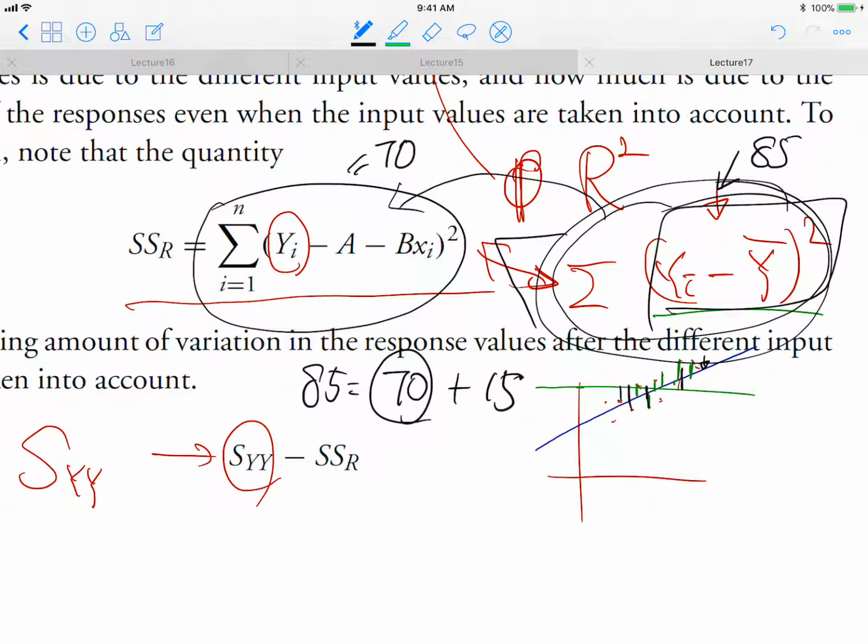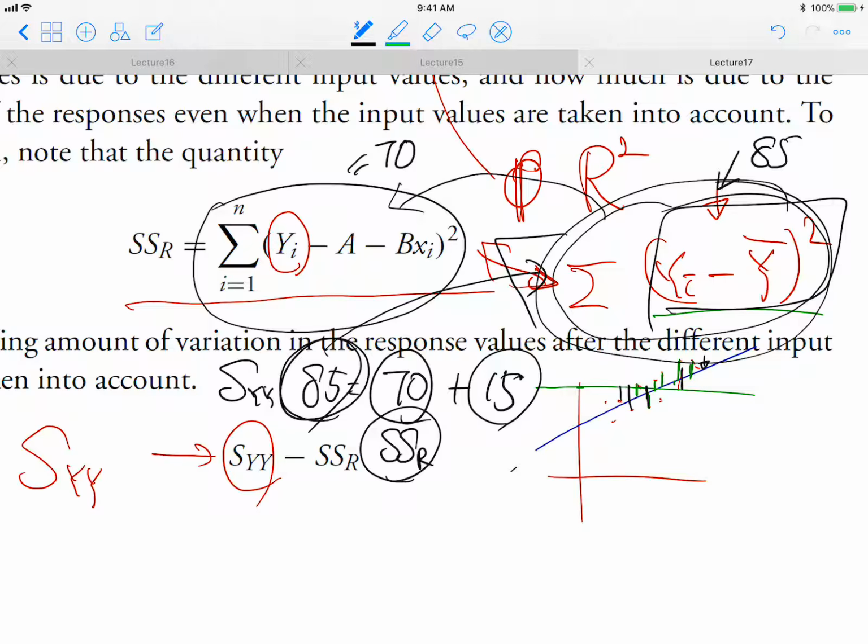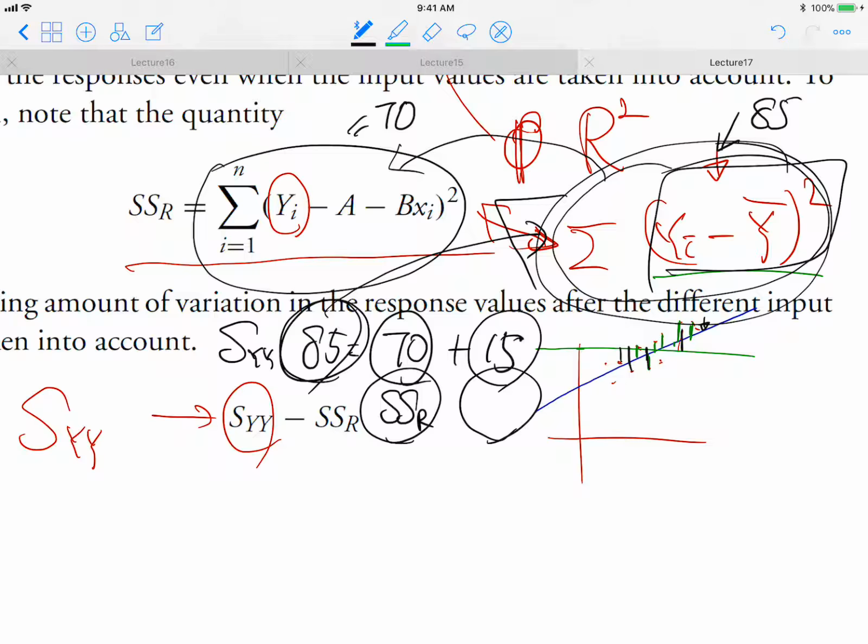This guy is SSR, and the other has some other special name. But anyways, the point is the total variance that y has, SYY, can be decomposed into two meaningful parts. And if we take the ratio, for example 70 over 85,